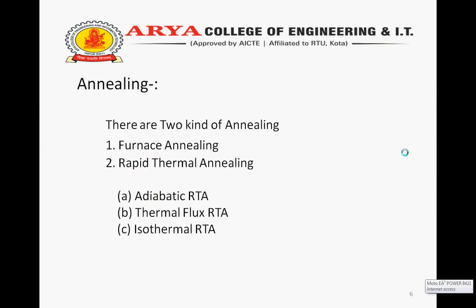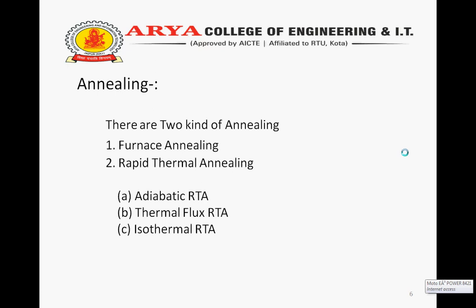Annealing. There are two kinds of annealing. After the ion implantation process, the lattice of the wafers is damaged. Annealing is required to repair the lattice damage and put dopant atoms on substitutional sites where they will be electrically active. The success of annealing is often measured in terms of the fraction of dopant that is electrically active. This is determined by the Hall effect.